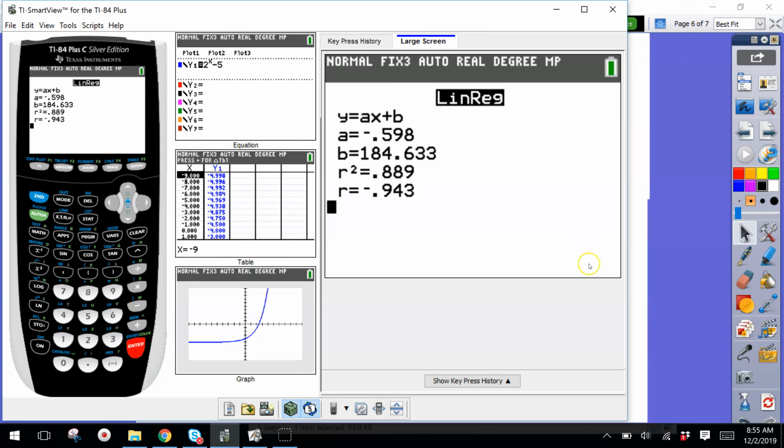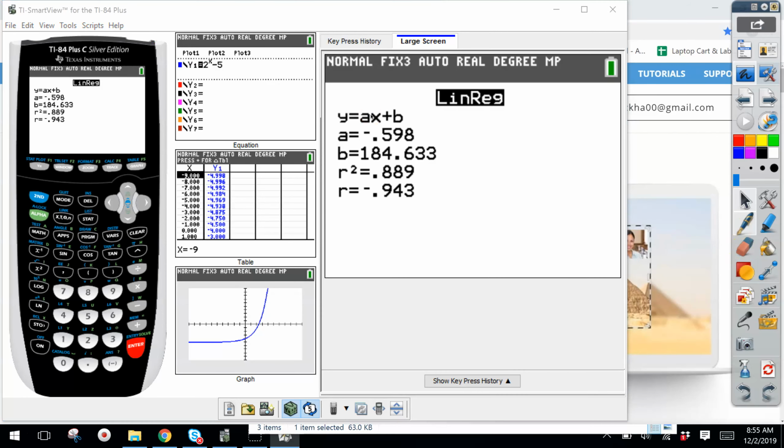Okay, now let's learn how to read this. So if this is my line of best fit, which is y equals ax plus b, we're always going to get it in slope-intercept form. A is going to be your slope, and b is going to be your y-intercept. So if I were to write this line, it's going to be y is equal to negative 0.598x plus